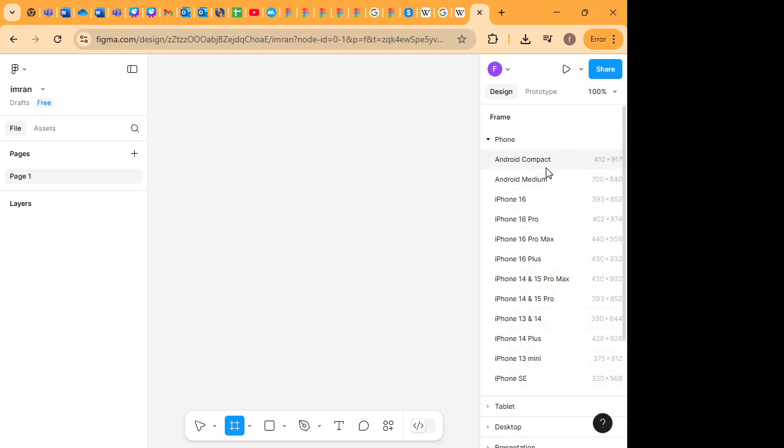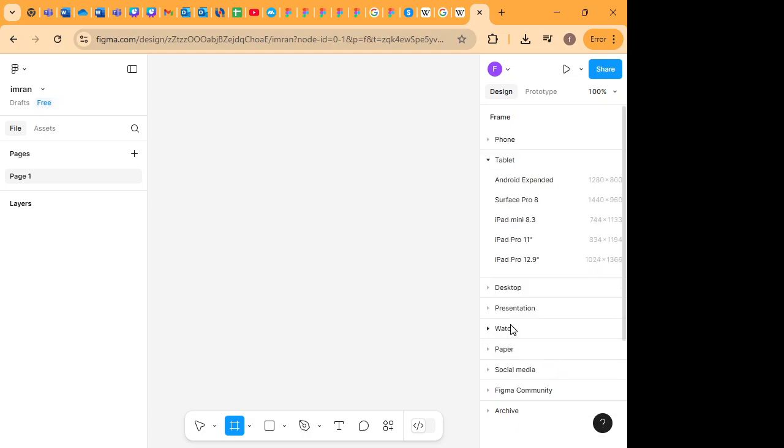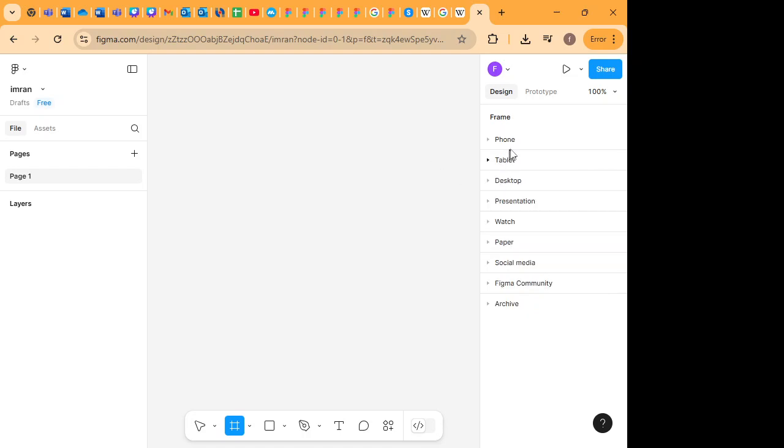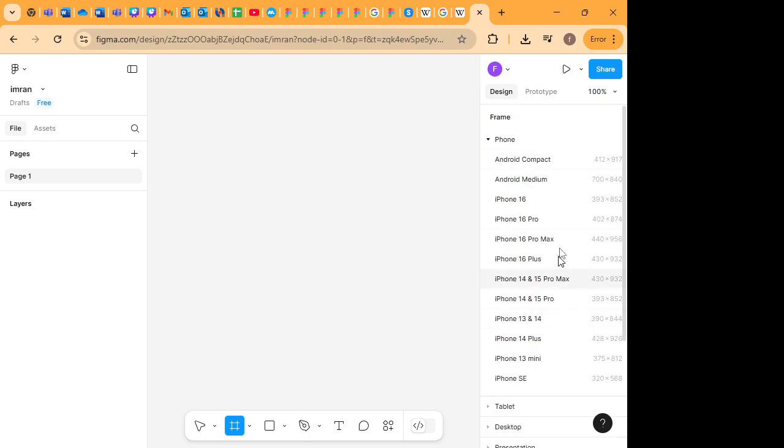So if you look at the list of phone, there's nothing on Samsung foldable. Tablet, okay, so what you can do is you can create a custom size. Since there's no exact match for Samsung foldable,